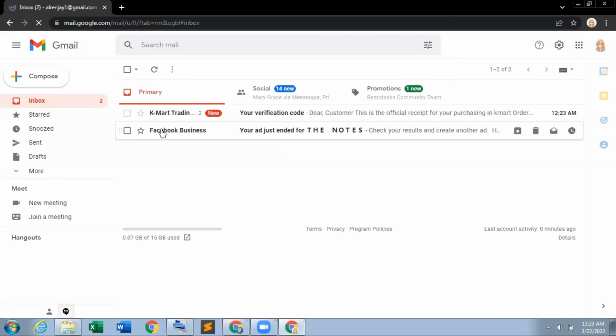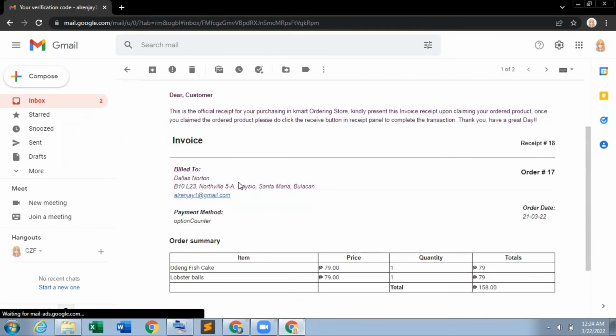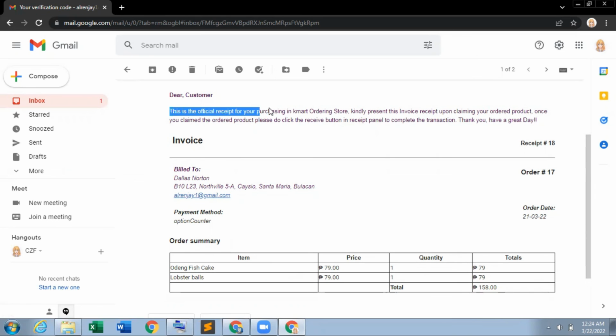As you can see here, I have a new email. It reads: Dear customer, this is the official receipt for purchasing in Kmart ordering store. Kindly present this invoice receipt upon claiming your ordered products. Once you claim the ordered products,